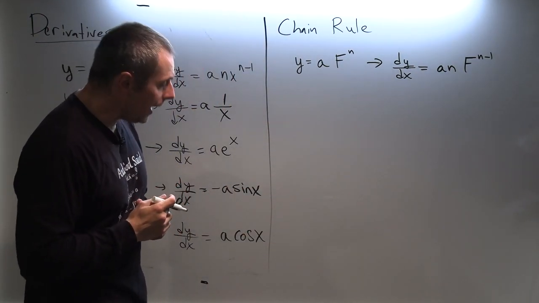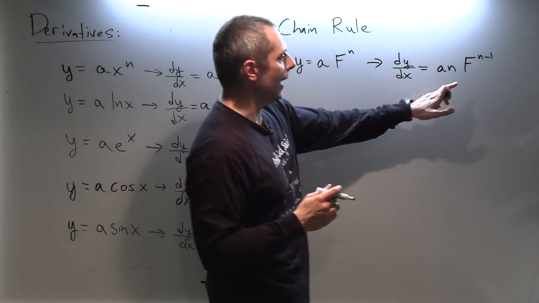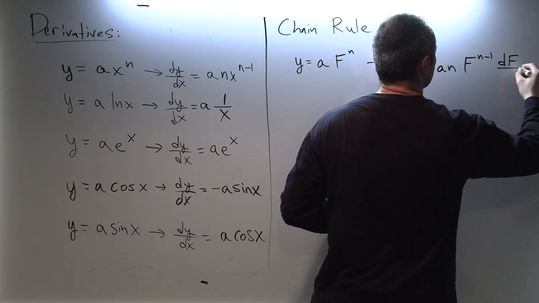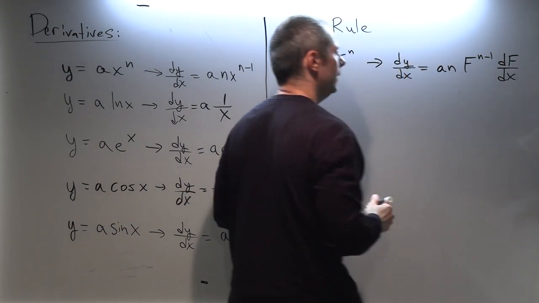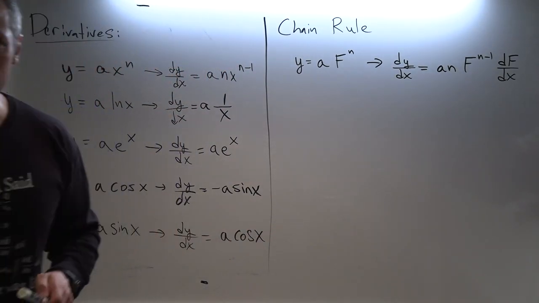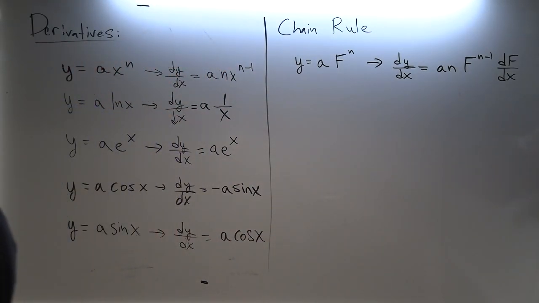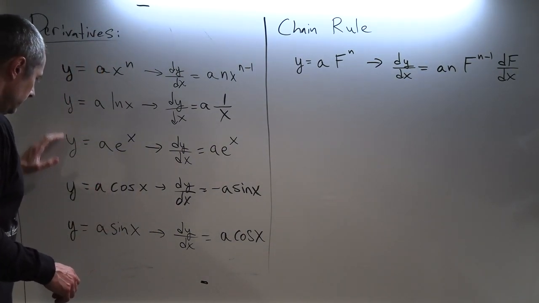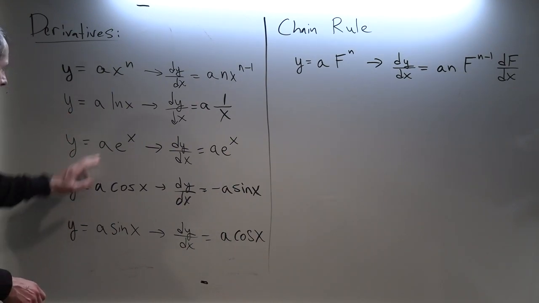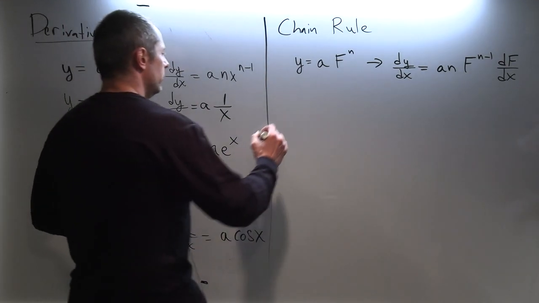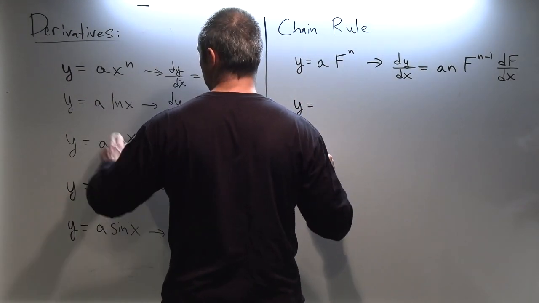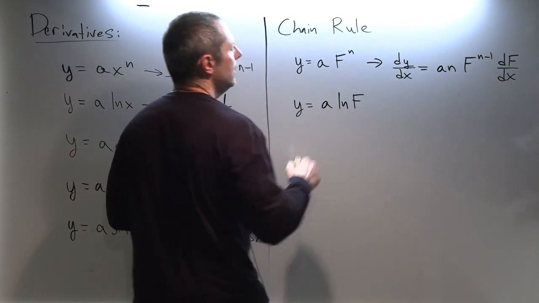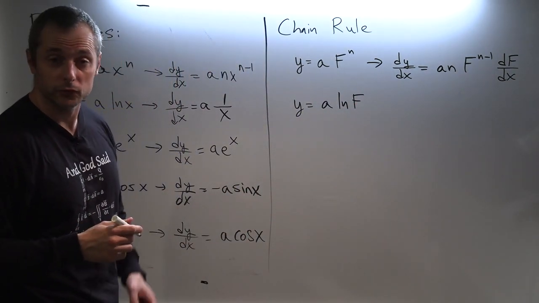What we have to do now is multiply by the derivative of that function. Okay, let me just check and make sure that's visible. I think it is. Okay, good. And I'm going to do these derivatives all over again, but replacing x with a function. So for example, if I have not log of x, but log of f, again, maybe f is like x squared or something, so log of x squared,